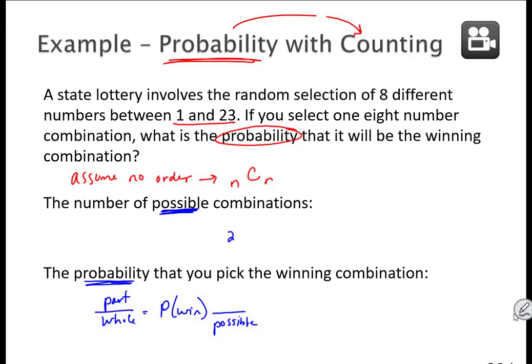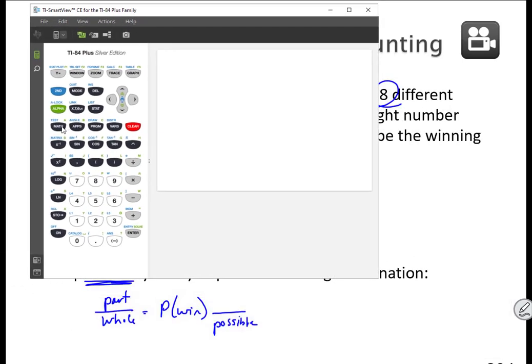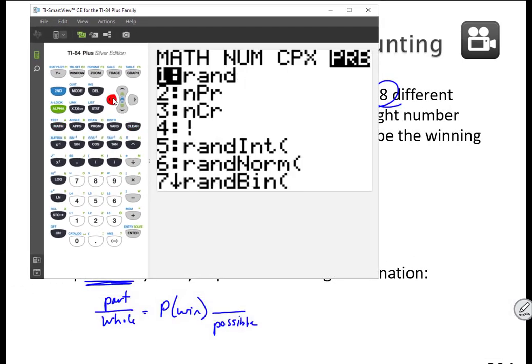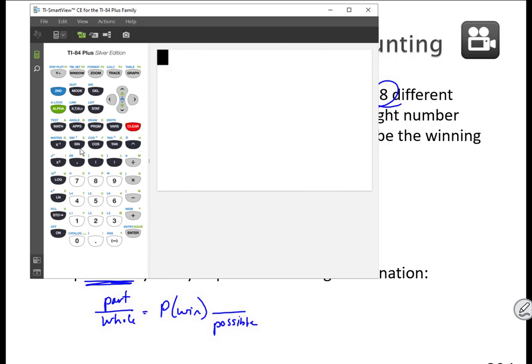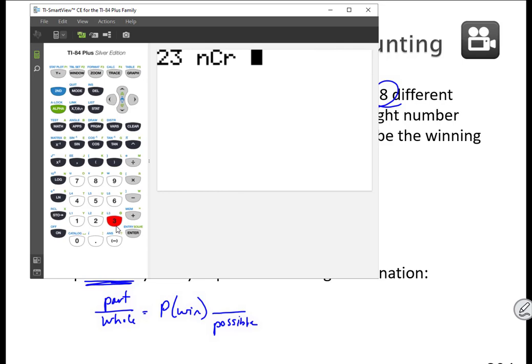Since we have 23 numbers, we do 23 for the n. We're going to pick 8 of them. So 23C8 for the combinations. Remember that you can go to your calculator and use the math button. Math, PRB, whoops, I forgot to type in the first number, right? So 23, then go find math, PRB, number 3, and we're choosing 8 numbers. And that gives us